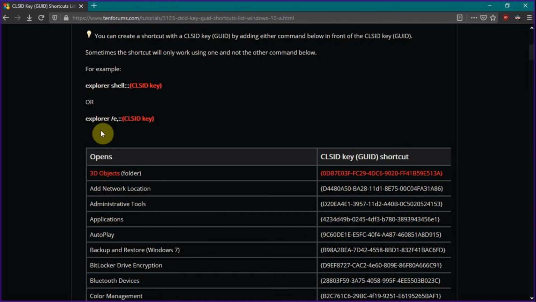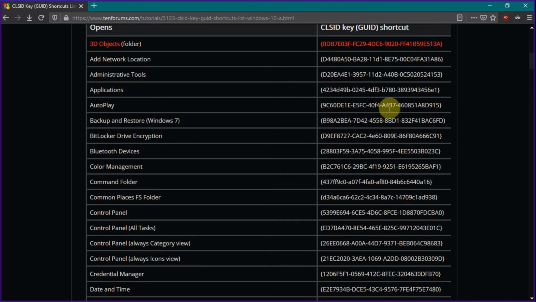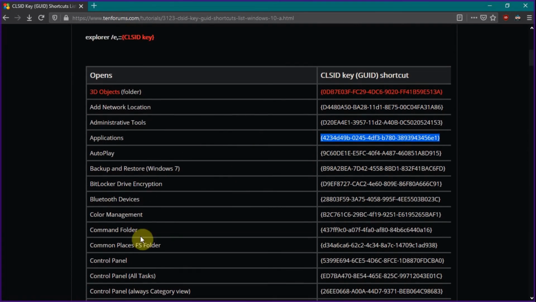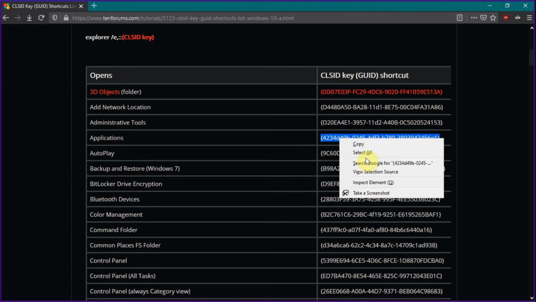So as you can see, here are all these lists of class identifiers, and in it there is this Applications, and corresponding to it, this is the class identifier for the application. If you want to read more about class identifiers, you can go to the link below in the description of this video. For now, I'll just copy this